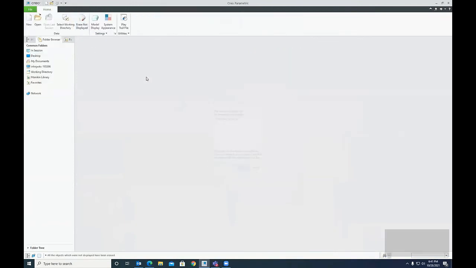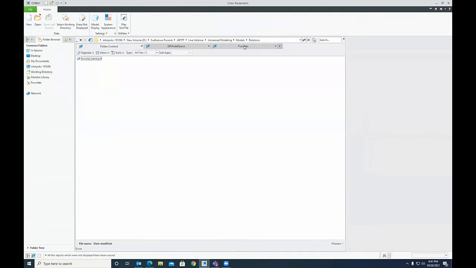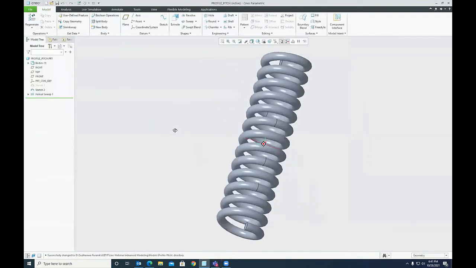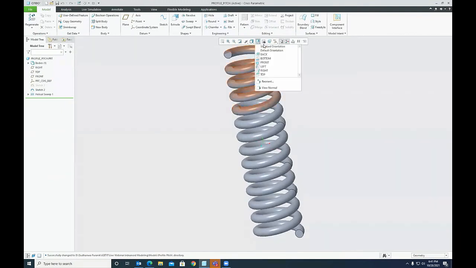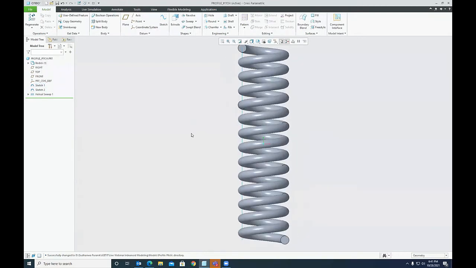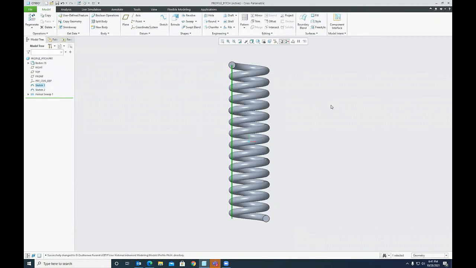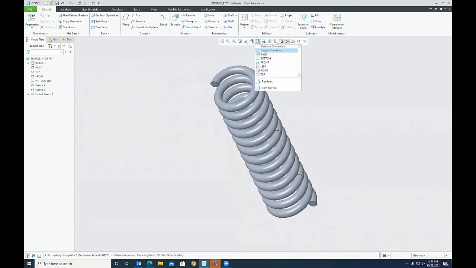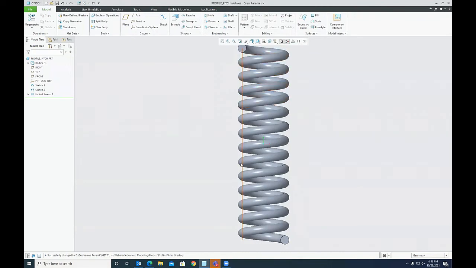Then let us go for the next topic. This next topic is regarding profile and pitch variations in a helical sweep command. Here, this is a spring which is created with the help of a helical sweep command, for which this cage, if you see in front view, is nothing but the profile in the form of a line for the helical sweep. Now, this profile is right now a complete straight line,